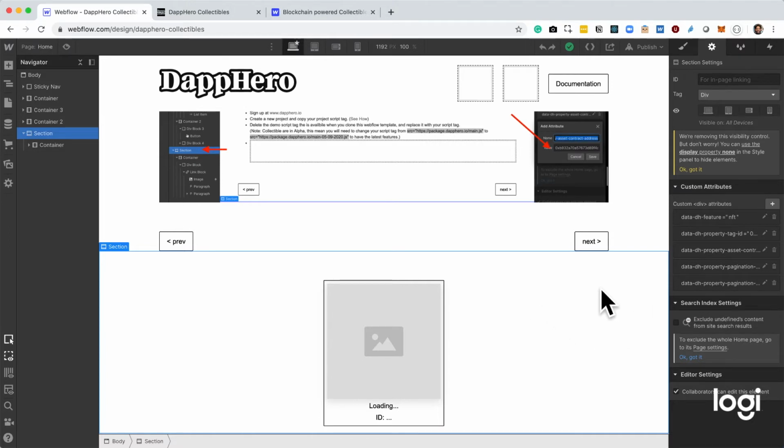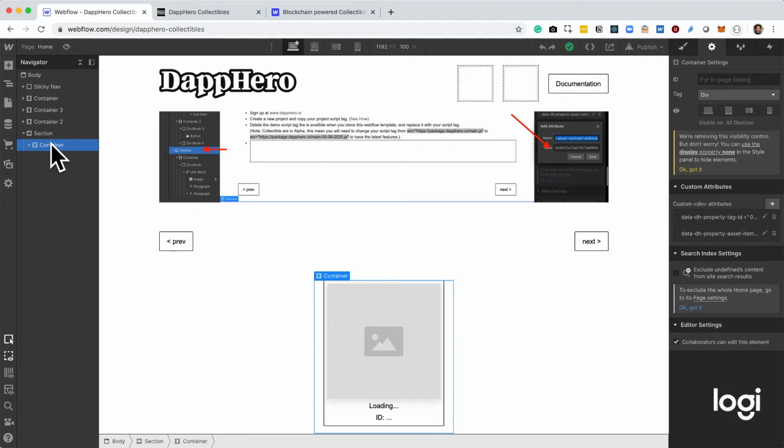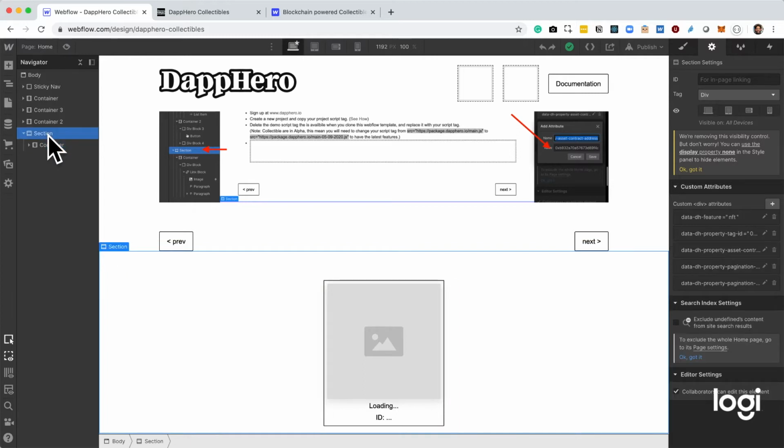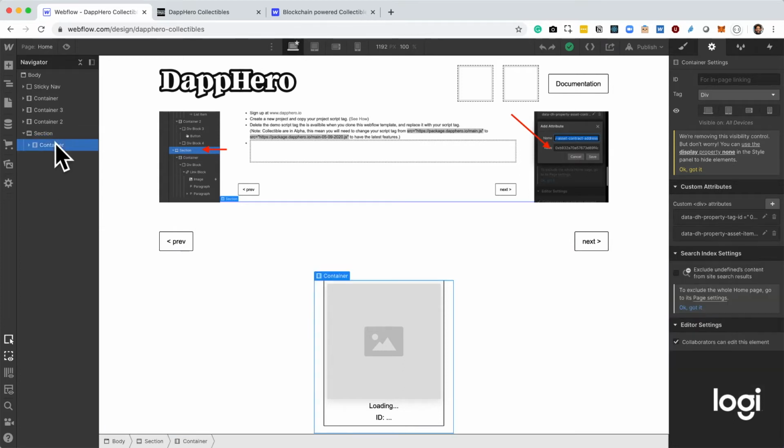So that is our method instance that describes how DApp Hero is going to work. So inside of the section, you see a container, right? And the container is now going to represent the collectible that we're displaying. So the way it works is we create a method instance, in this case on a section, and that says, hey, this is the collectible feature that I want to access. This is the contract address. This is how many collectibles I want to get. And then the container, here we give it the attributes and say, hey, this is the shape, the prototype of the asset that I want to display. And what that means is you're telling DApp Hero, okay, when we load, we're going to show 30